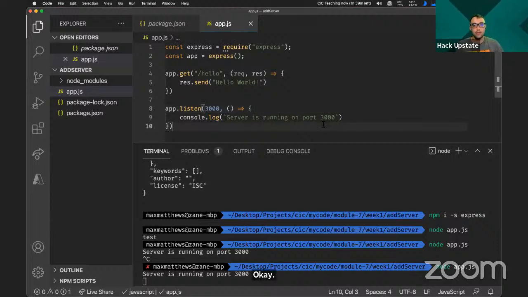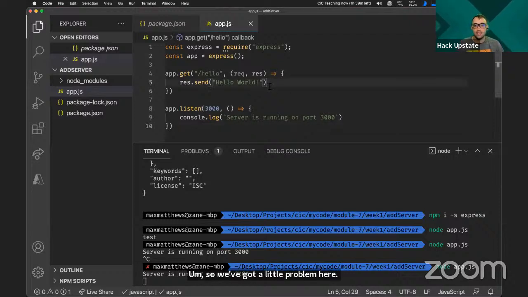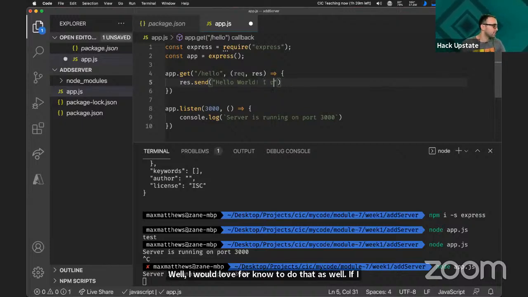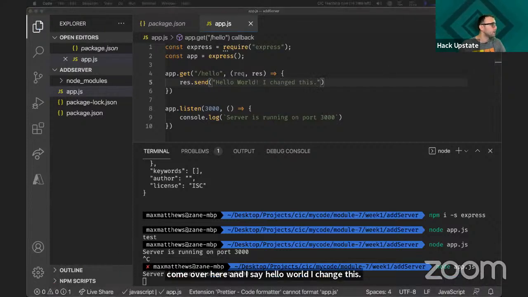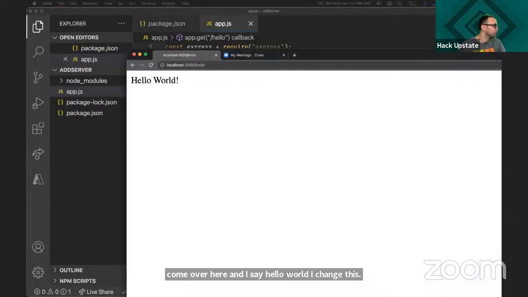So we've got a little problem here. When we change some code in React and hit save, you know how it auto updated in Code Sandbox for us, and we were like, wow, this is awesome. We don't need to refresh. Well, I would love for Node to do that as well. If I come over here and I say, hello world, I changed this, and save and pop over to my browser and refresh,